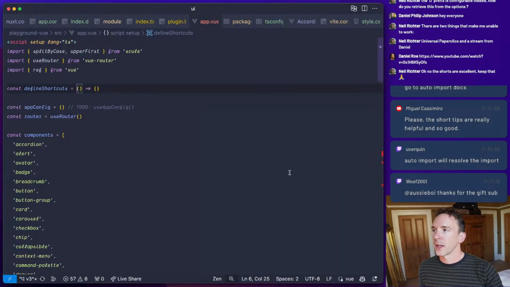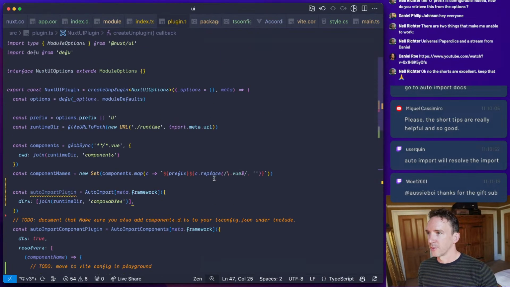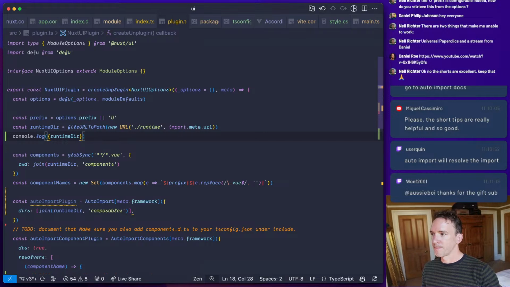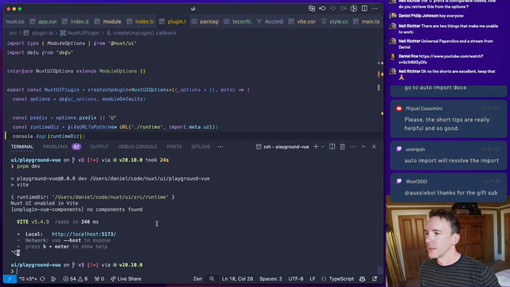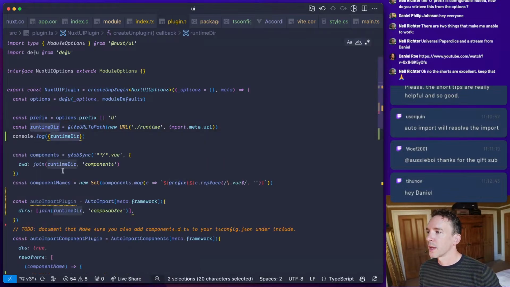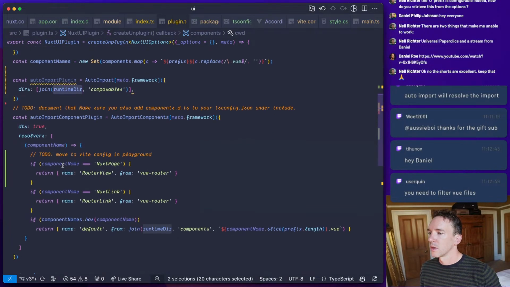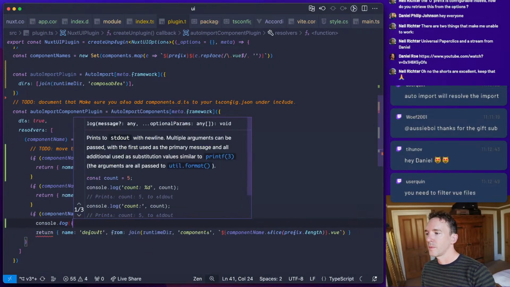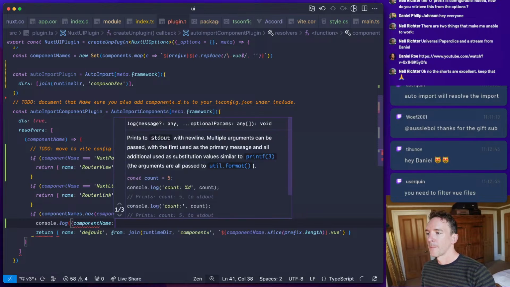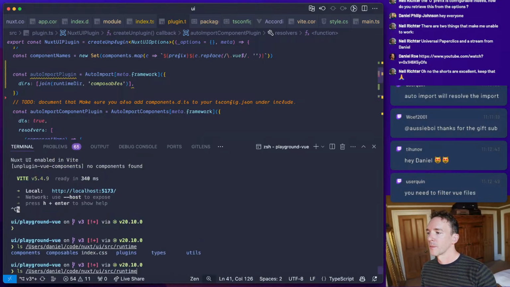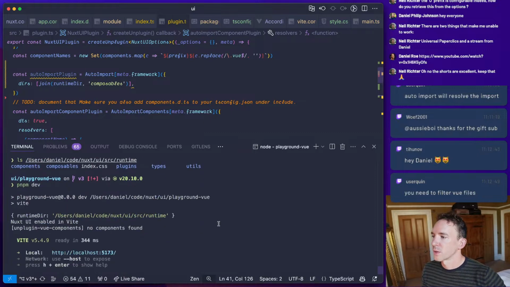Okay, so this is caused by the refactor of moving everything around. Let's just confirm that. So what is our runtime directory that we're having here? It is that right? It is. So to get our components, just confirm what's going on here.